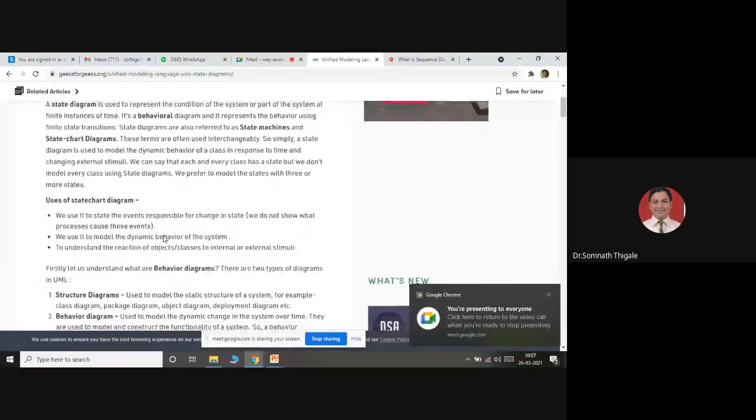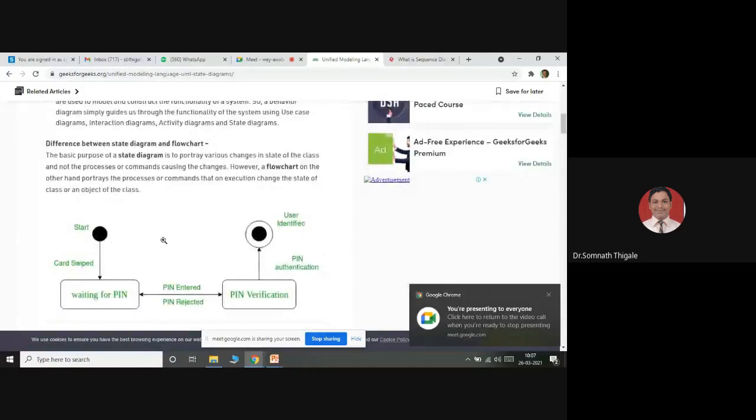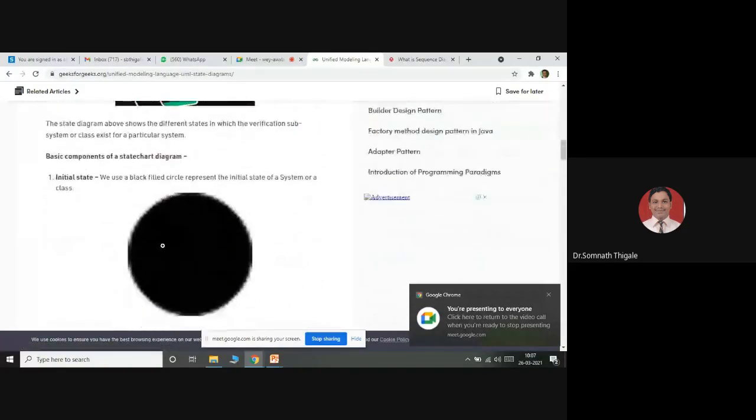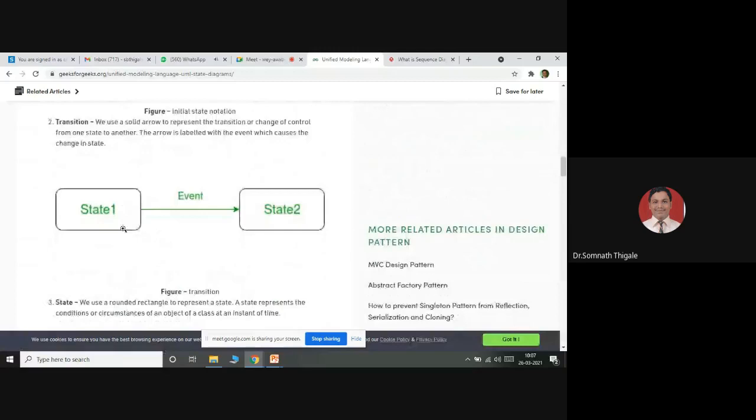The simplest way to understand this is a transition from one state to another state. I'm representing here state 1 and state 2. Something happened at that moment; I will call it an event. When one event occurs, it is possible that I have moved from one state to another state.